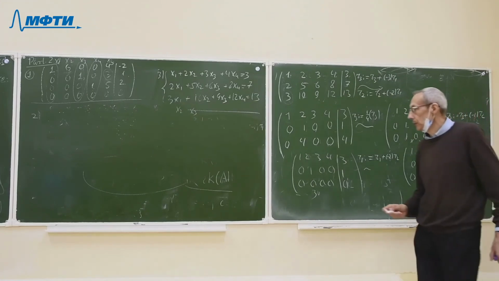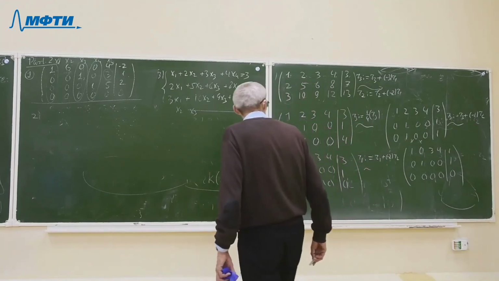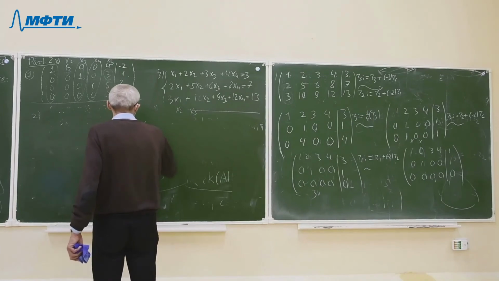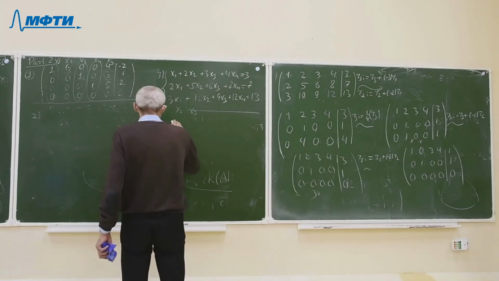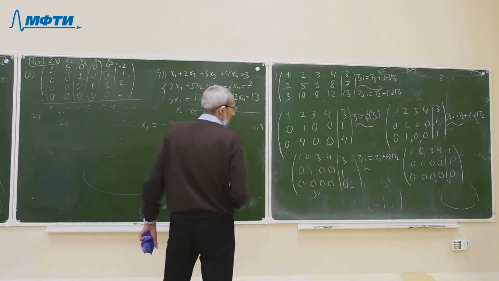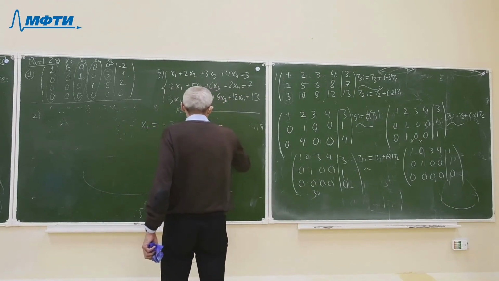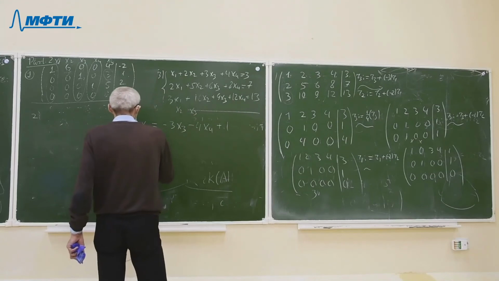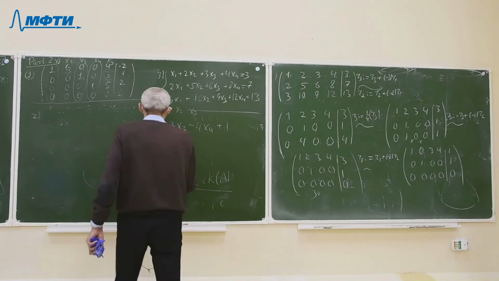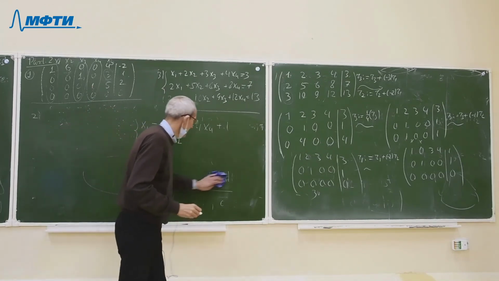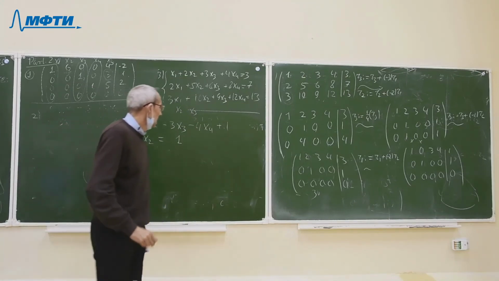The first two variables are dependent, and we obtain the solution in the following form. x1 is equal to minus 3 x3 minus 4 x4 plus 1. x2 is equal to 1. Easy to see